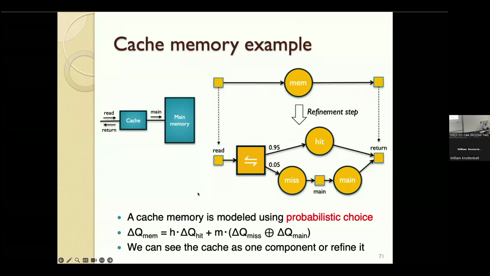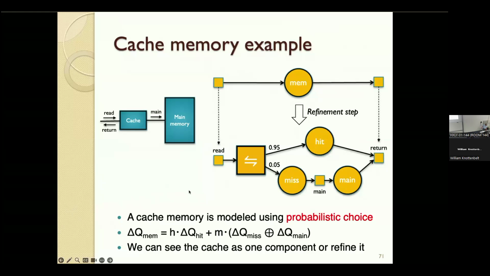refined into the cache behavior, which uses this probabilistic choice operator. So we're using it as a prefix operator because here there is some decision being made which of these two outcomes will be realized, okay, in the probabilistic choice. And the return, so the result of the hit or the main memory, will be the stop events for both sides. So the delta Q of the mem